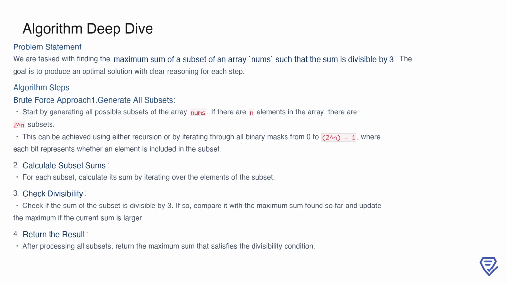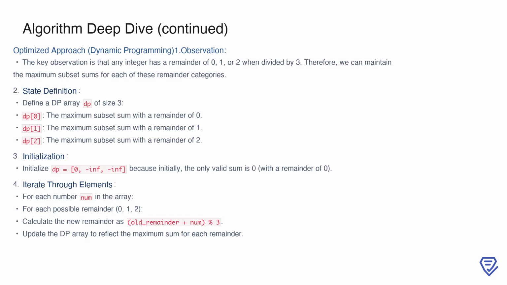with increasing n. To improve upon the brute force approach, we can use dynamic programming, leveraging a key observation about divisibility by 3. Any integer, when divided by 3, can yield a remainder of 0, 1, or 2. Using this insight, we can maintain the maximum subset sums for each remainder category. To achieve this, we define a DP array of size 3. Here, DP[0] will store the maximum subset sum divisible by 3, DP[1] will store the maximum subset sum that leaves a remainder of 1, and DP[2] will store the maximum subset sum